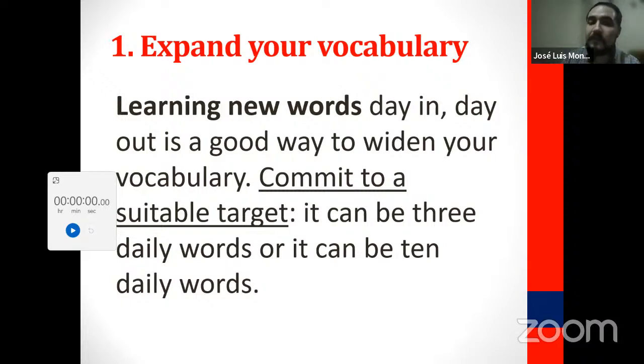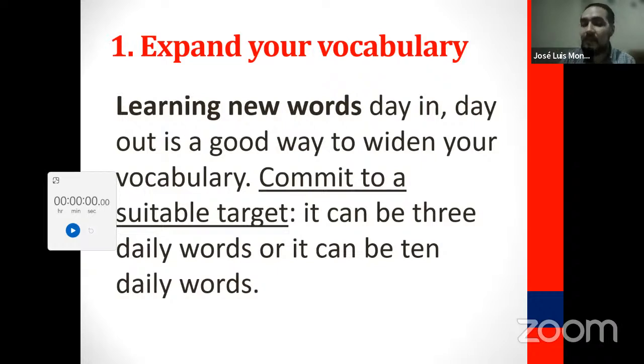Yes, correct. Everything is correct. You're right. Suitable is something that suits you, right? What's something that suits you? Something that works for you, something that is made for you, right? So if you say personal, it's also very well, right? So that's correct. Suitable means that it works for you, that it's great for you because it suits your body, it suits your mind, it suits you in a certain way. And again, it means that it's like made for you.